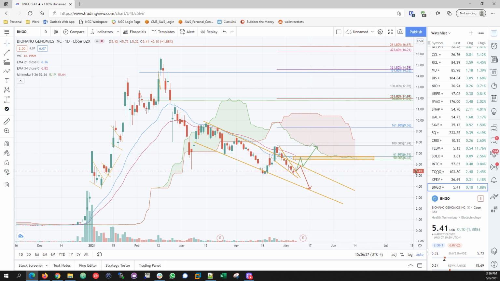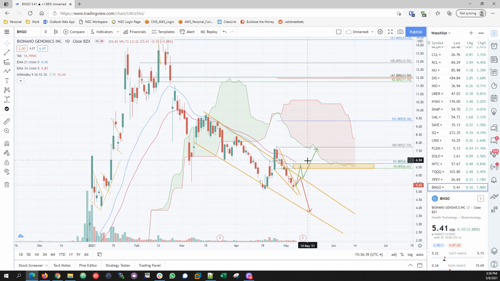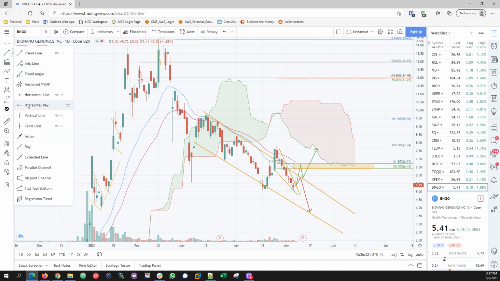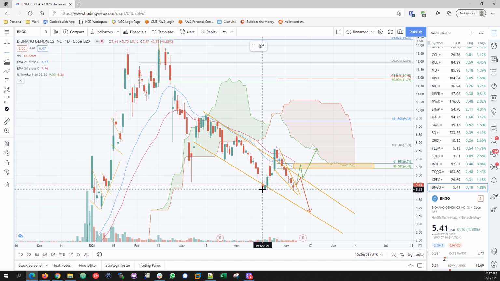You're looking at 6.74 as the best case for next week. Our worst case, within a month, is that it could drop all the way down to the $4 area. So you'd have to watch out for that. The level to protect is this one, so I'll go ahead and mark it right here. It cannot lose $5.